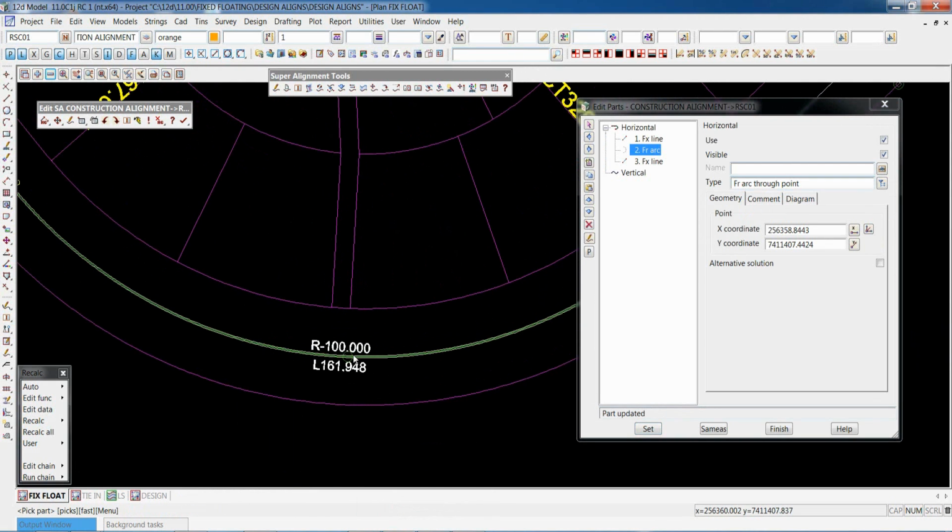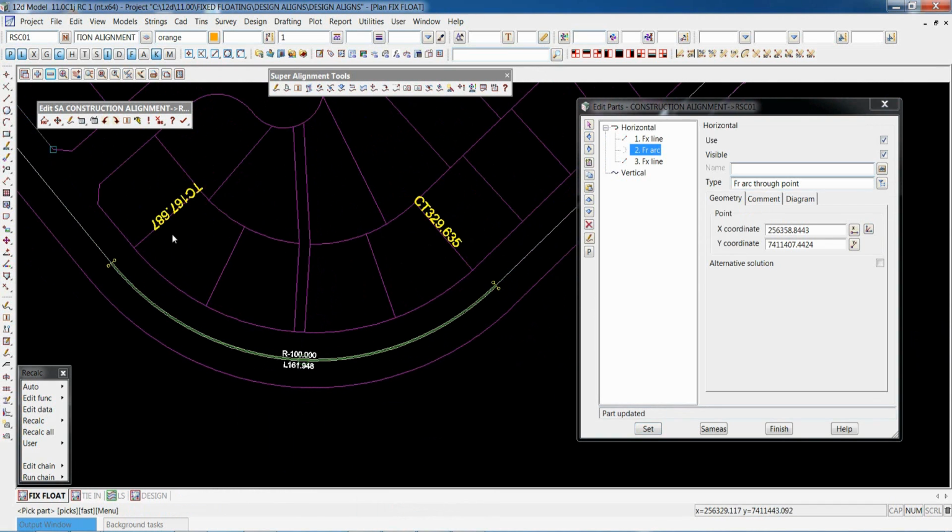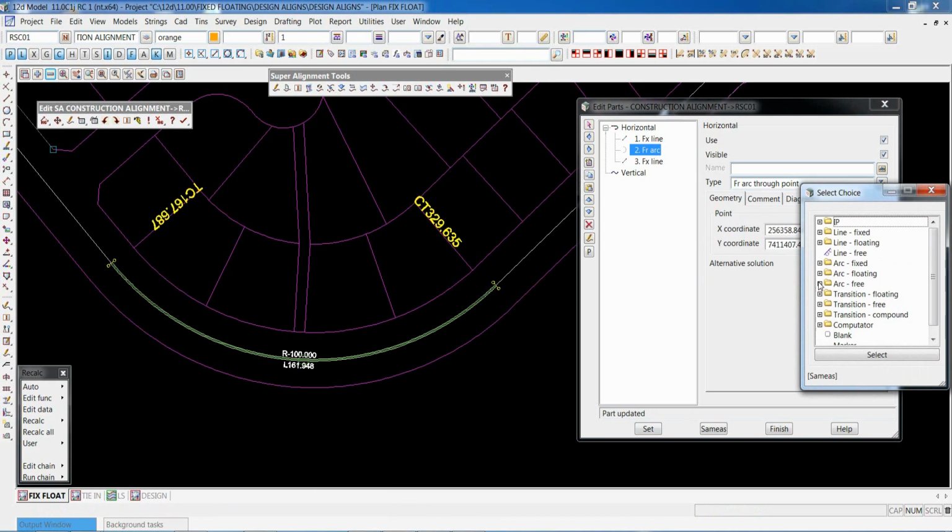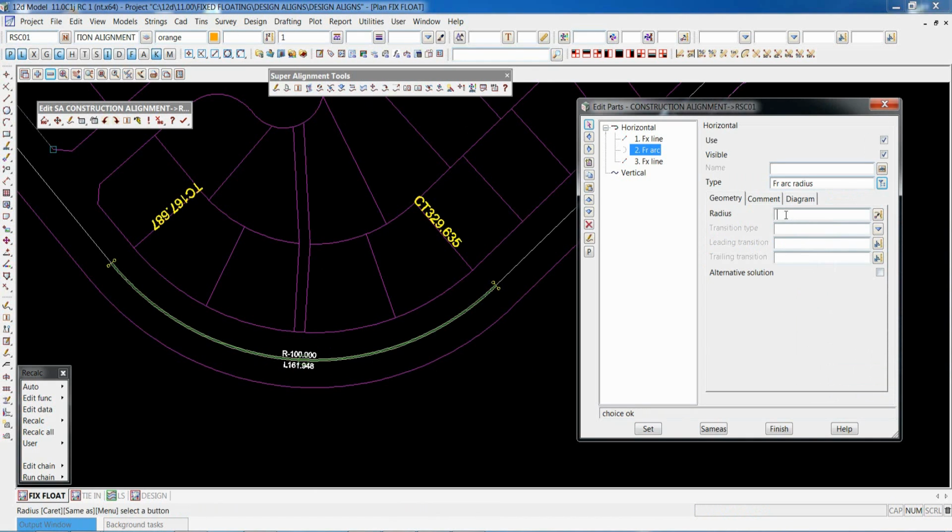So it's now taken that point, and then with the assistance of the two elements either side is able to calculate the radius value through that point. So it's always a good idea to use that, if you want to pass through a point, to find out what the radius is. And if you decide that the radius needs to be rounded off, you simply then just change the element that you've already got to radius, and again it'd be a negative. So let's go to the left hand side and we go set.